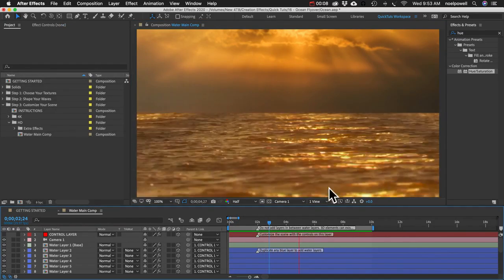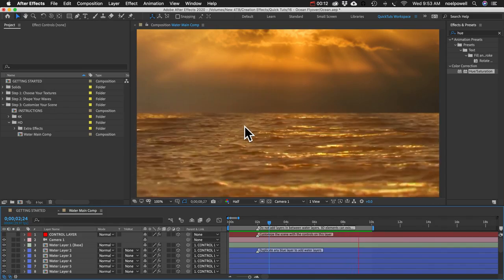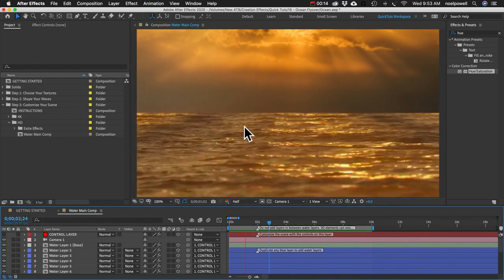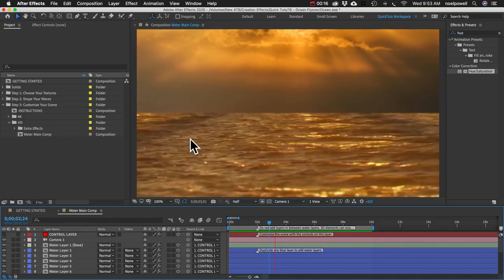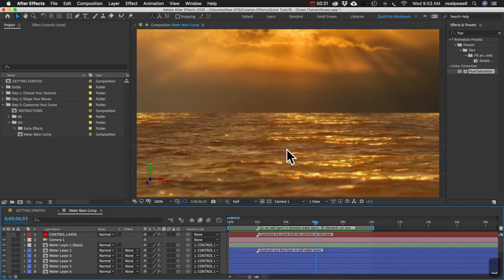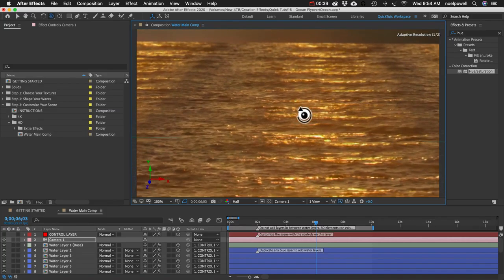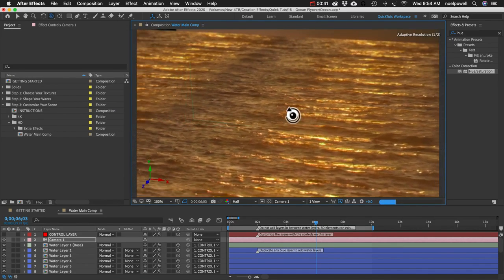So I think that looks really cool, considering we just made that from a single 10-second clip of some water. So what exactly is going on here? Let me use the camera tool. I'll hit the C key until we get this orbit tool, and I'll just move the camera up. And I can orbit around,